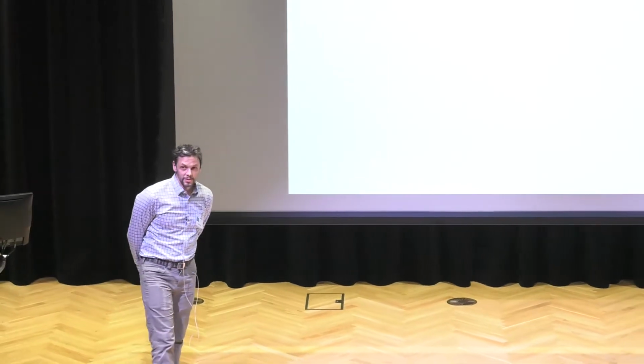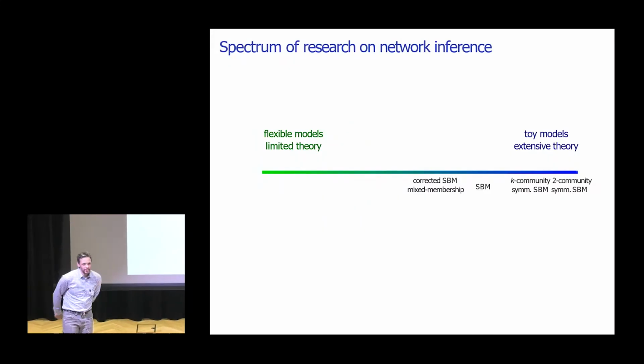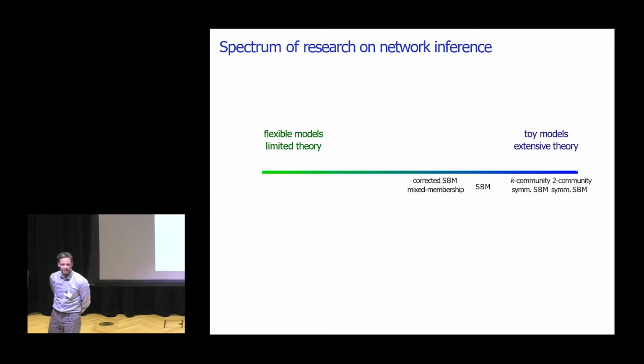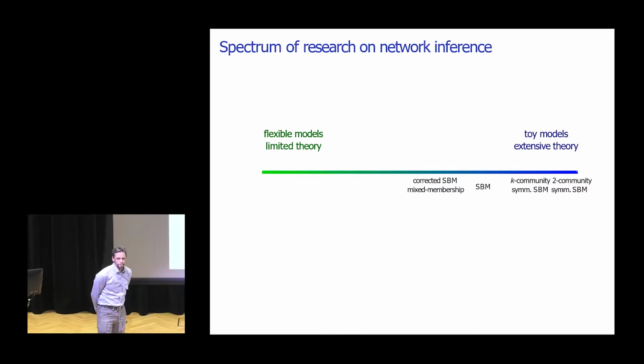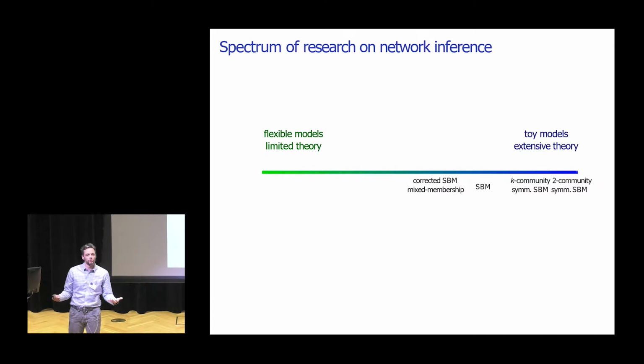So the good news is that I couldn't have really asked for a better talk before mine because I'm also talking about the stochastic block model. And the overarching motivation I want to make is that the stochastic block model arises as a model for network inference problems. There's a lot of work where people are looking at networks and trying to make sense of them. Is there some type of structure in it? Is this structure meaningful? Can you find this structure?